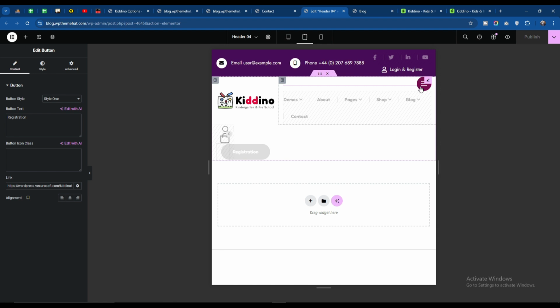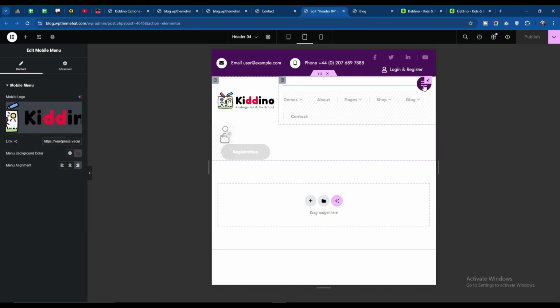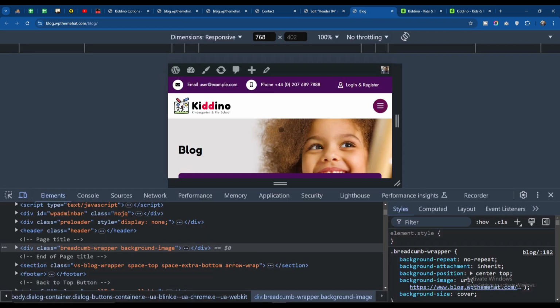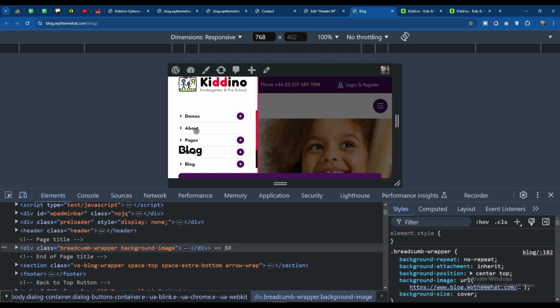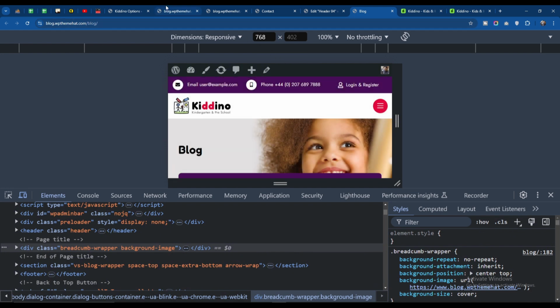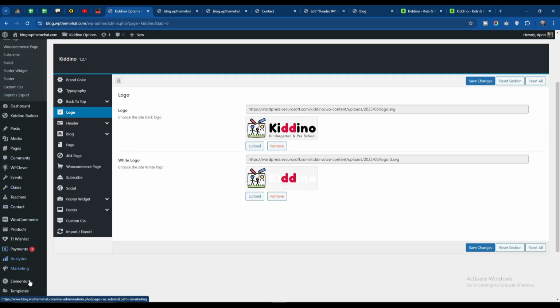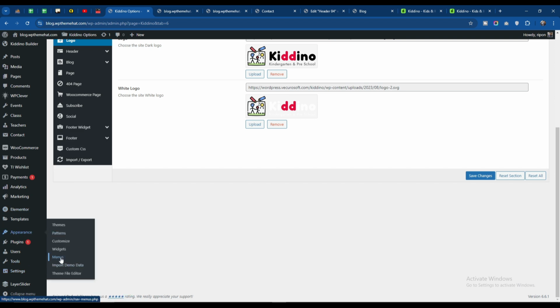And for the mobile version, if I go on this and click on here, you need to upload your mobile menu, and the menu area that you are seeing here, like demos, then blog, then pages, then shop, then blog. For this area you need to go here with appearance, then you need to go here with the menus things,